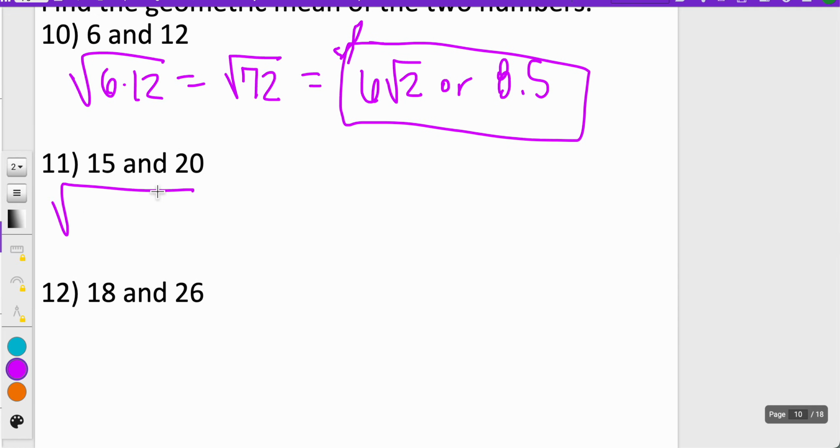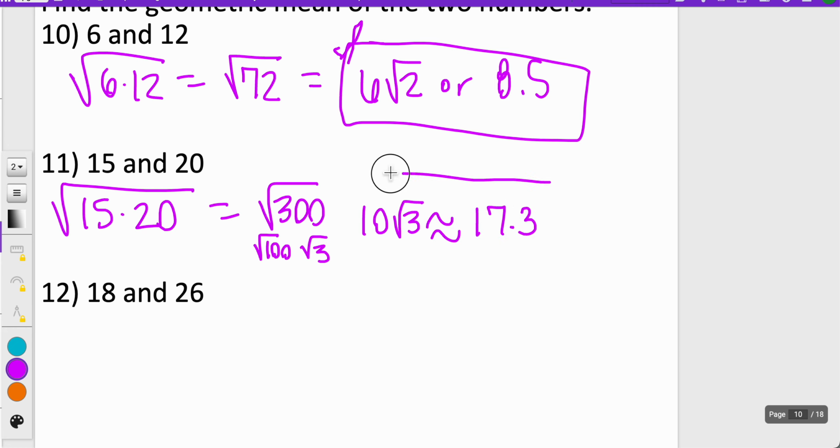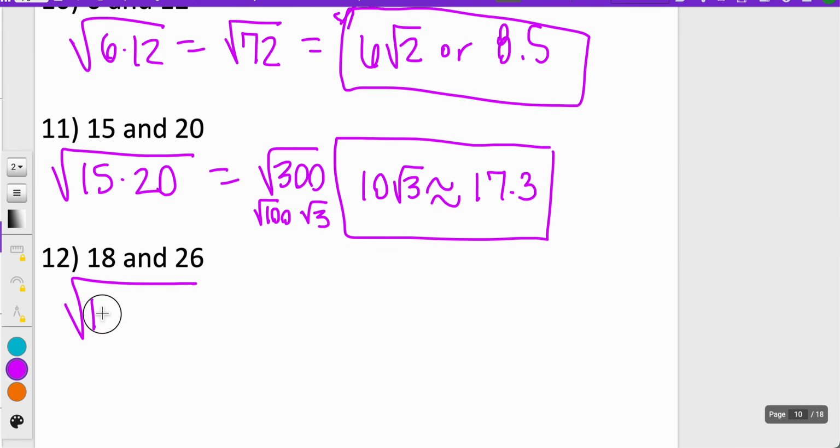15 and 20. Again, multiplying 15 times 20 is going to give us 300. The perfect square that I'm thinking of is 100 times 3, so that's 10 square root 3, which is about 17.3 in decimal form. And then 18 and 26, multiplying 18 by 26, we're going to get a larger number here,